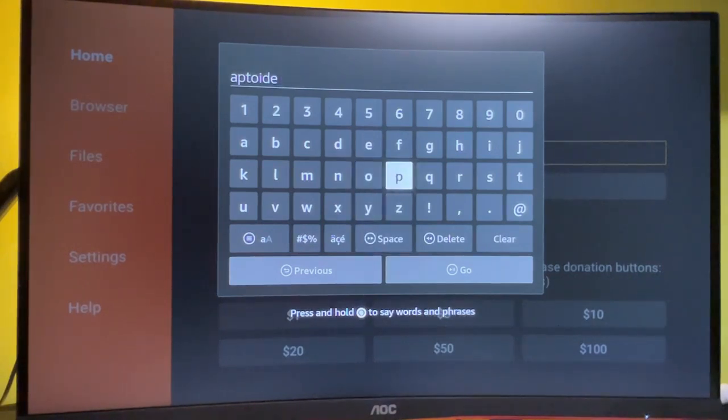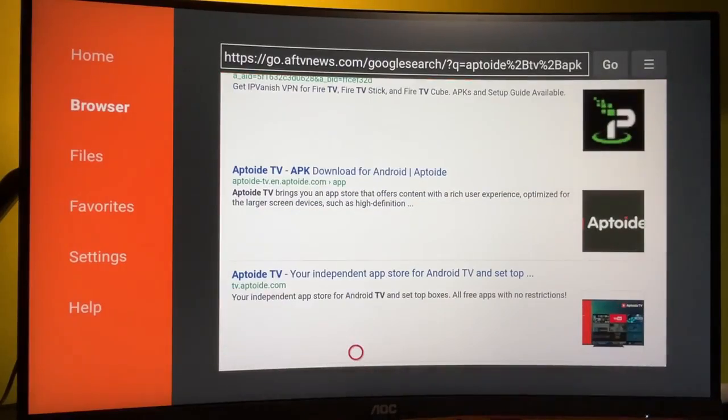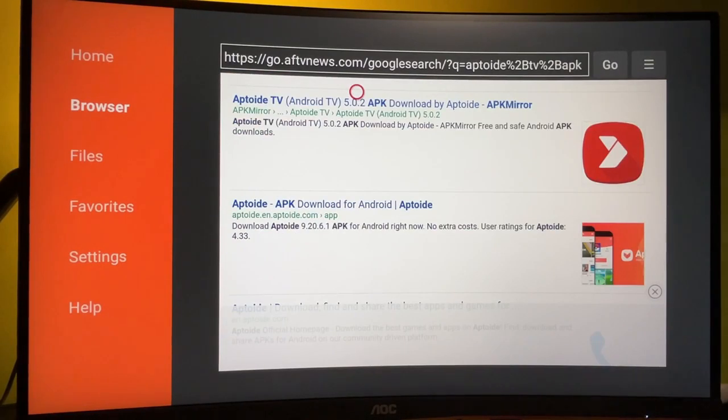So once again, it's called Apptoid TV. Also, you can add the word APK, which basically is going to search for the installation file of Apptoid, and hit on go. A browser opens here, we see a lot of links, but honestly, I would always recommend